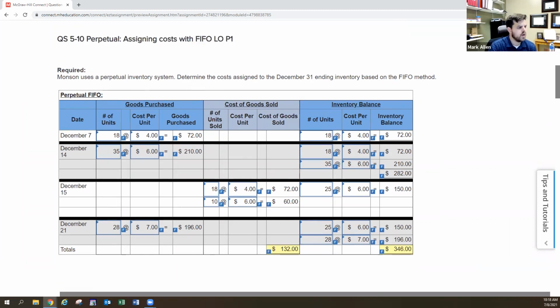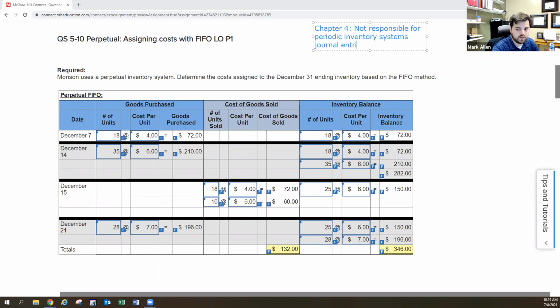So in this case, we see that Monson uses a perpetual inventory system. Extremely important that we notice this is a perpetual inventory system. Here in chapter 5, remember, you are responsible for both perpetual and periodic inventory systems. In chapter 4, you were not responsible for the periodic inventory system